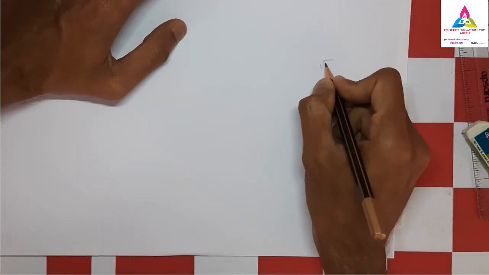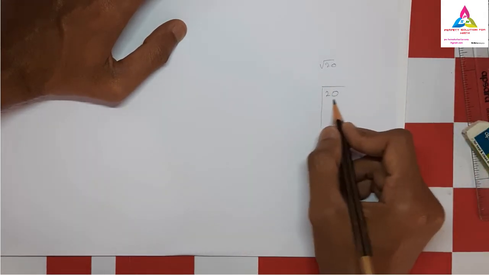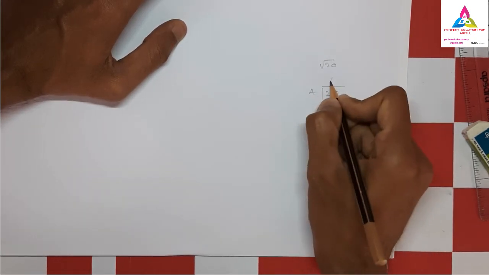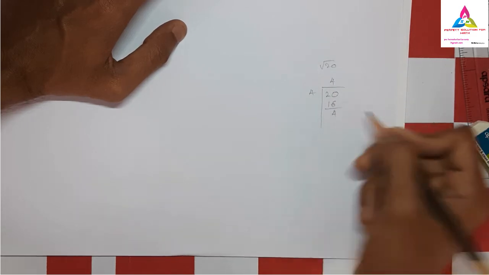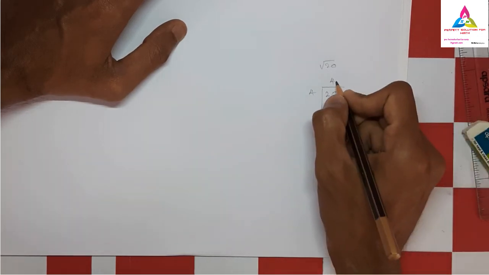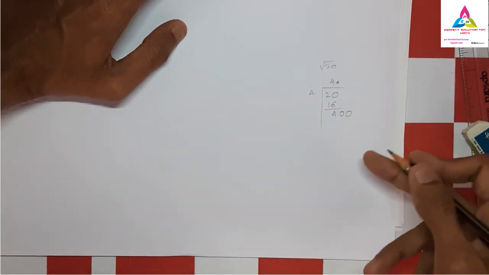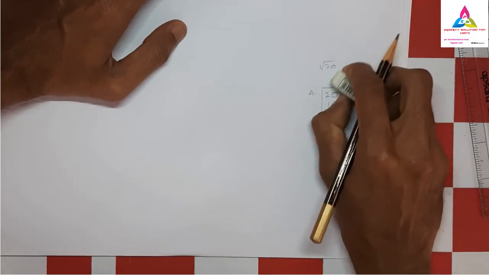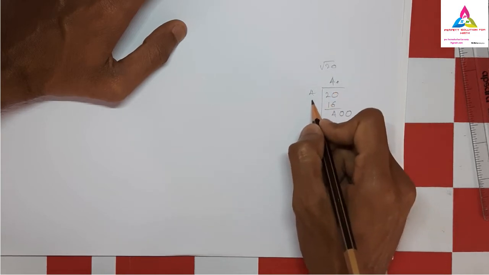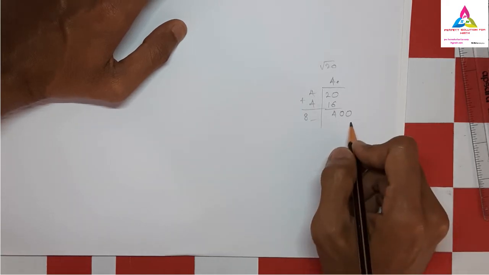So root 20, you write 20 here and do this calculation. Which perfect square number is near 20? That is 16, which is 4 square. 4 4s are 16, and 4 will remain. Next we don't have any other value, so here we will take a point and take 2 zeros. Remember, always when finding a square root, we take 2 zeros after the point. And the number you multiplied on the top, the same number you add here. So 4 plus 4 is 8. So it is 80 something now. 80 how much of 400?